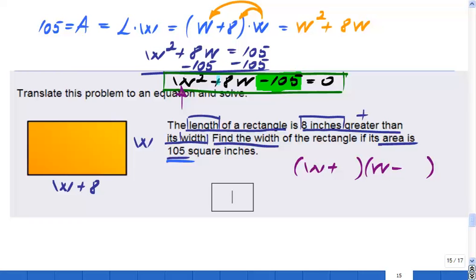Okay? Next, I'm checking the middle term. The sign of the middle term is positive, which means in the parentheses where I have W plus a number, that number is going to be the positive one, right? I mean, the greater number will go in here with W plus. What should you do next? Well, next, you should check for factors of 105. What numbers multiply, okay, one positive, one negative, and we know the positive one is going to be the greater one, to give you 105. Okay, well, obviously this is divisible by 5, and that may be a way to start,